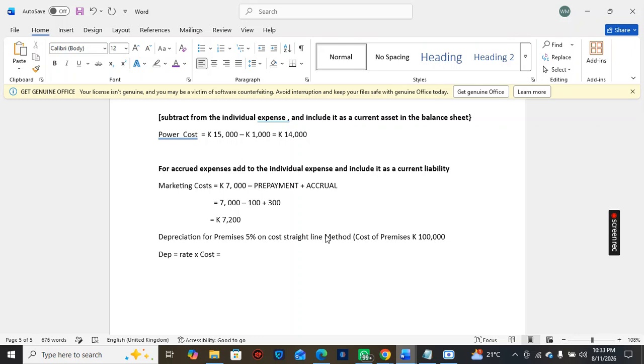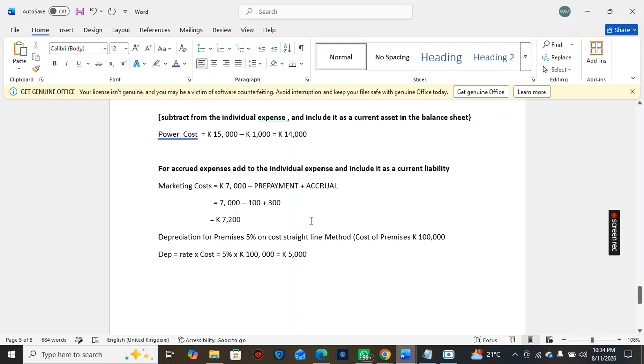The rate is 5%. The cost of the premises is 100,000. So we're going to say 5% of 100,000 is 5,000. Okay. So this is the depreciation expense we're going to charge in the statement of profit or loss